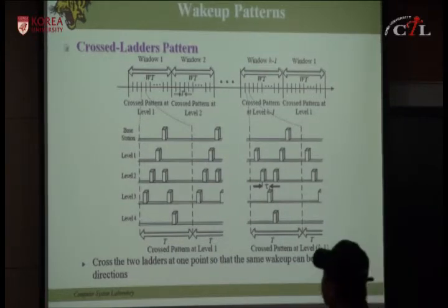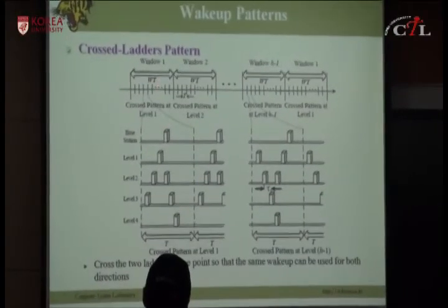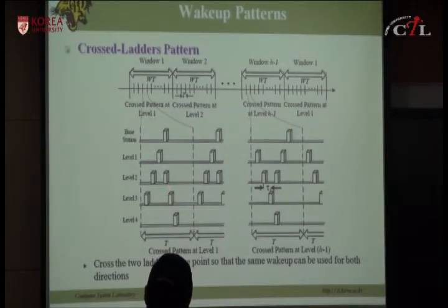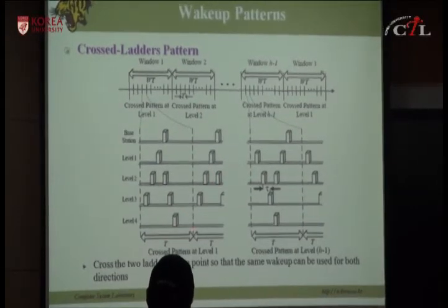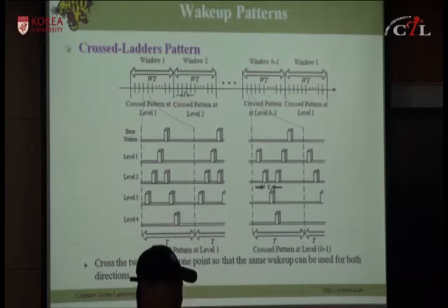Okay? So here what he suggests is that the first one you cross two ladders at level 1. So here he tried to cross at level 1. So this one and this one. Okay? And level 2 should be like this. You should cross at this level, something like that. And level H minus 1 is like, if this is the leaf, it should cross at this point. And so on. So he did window 1, starting from window 1 to window H minus 1,